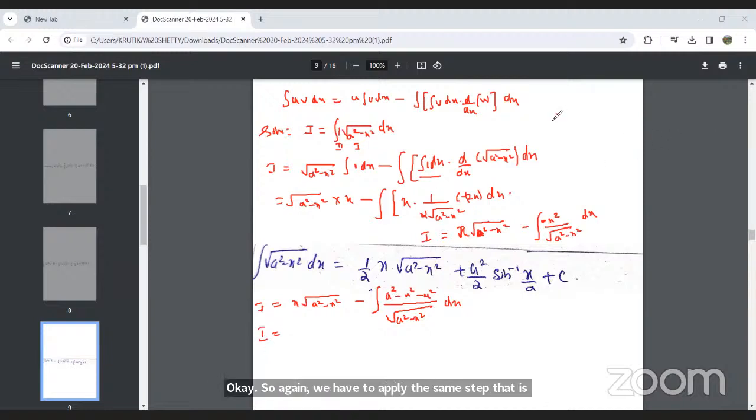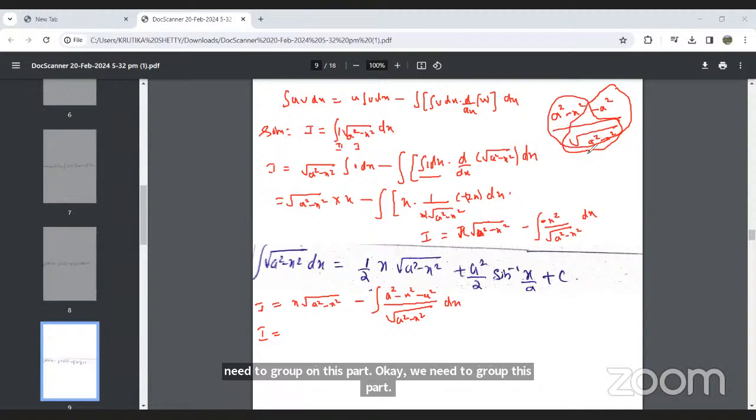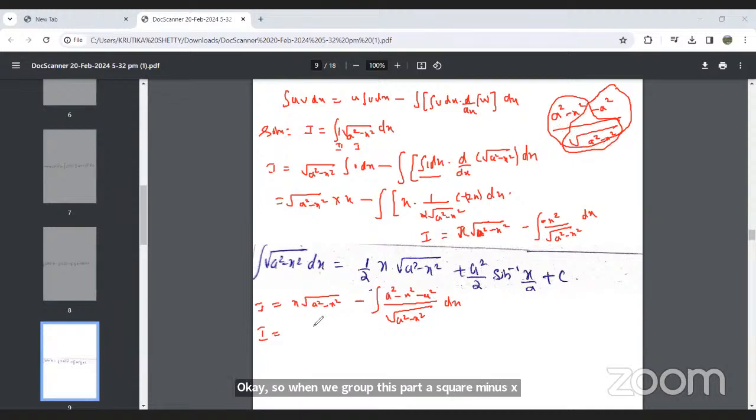See here we have a square minus x square minus a square upon root of a square minus x square. So first we need to group this part, and then we need to group this part. When we group this part, a square minus x square upon root of a square minus x square, in the previous derivation we discussed, it will be directly equal to minus root of a square minus x square